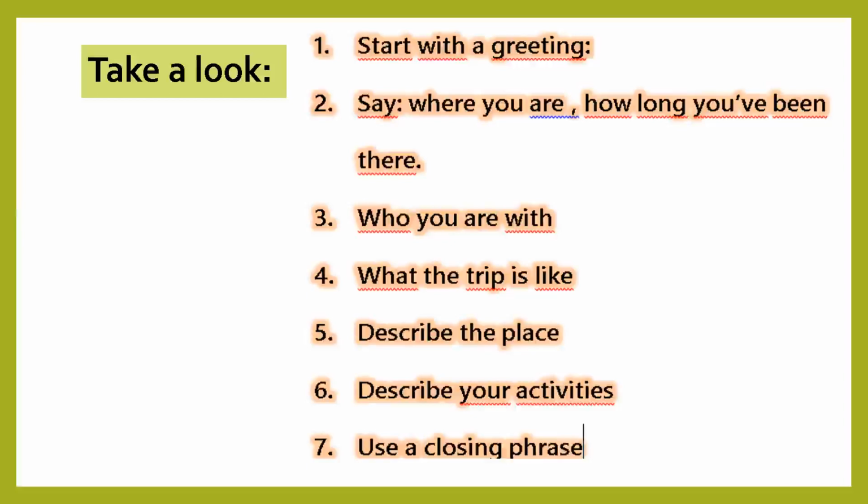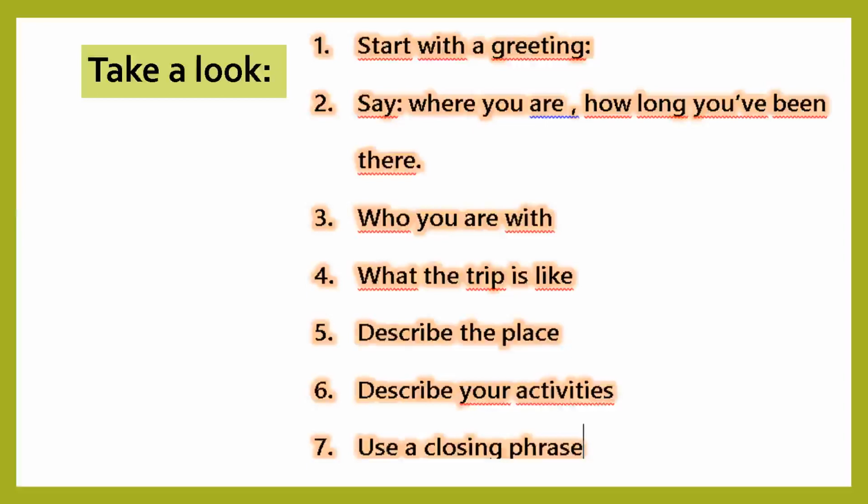And number 4, describe the place. This is important, okay? This is important to mention about the place. Describe the place, say what it's like, for example, the hotel, the area, and what there is to do there, what things you can do there, and how you get around. You can get to the main square by bus, by train, by taxi. Yes, and next we have